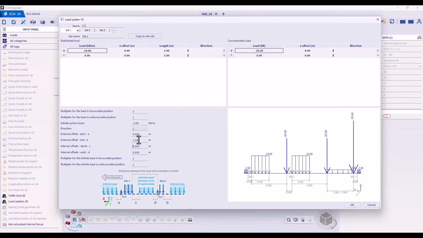So that's it. And the last one are the multipliers. You can see we have multiplier for the load in favorable and unfavorable position. These ones are for the main loads, and separately I can choose multiplier for the infinite load in favorable or unfavorable position. This means that when I'm using influence lines or surfaces, the load in favorable position can be, for